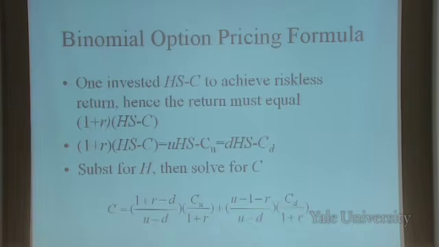The interesting thing about this is that there are no probabilities in this formula. What's in this formula? I've got the riskless rate. I've got intrinsic value. I've got the difference between the price in the two circumstances, but nothing to do with probabilities. And this puzzled people. People thought, well, doesn't the price of an option have to depend on the probability that it will come in the money? If it's an out-of-the-money option, don't I weigh the probability? But it's not in this formula. You might say it's implicitly in the formula because the relationship of S to SU and SD involves probabilities, but it's not in this formula.